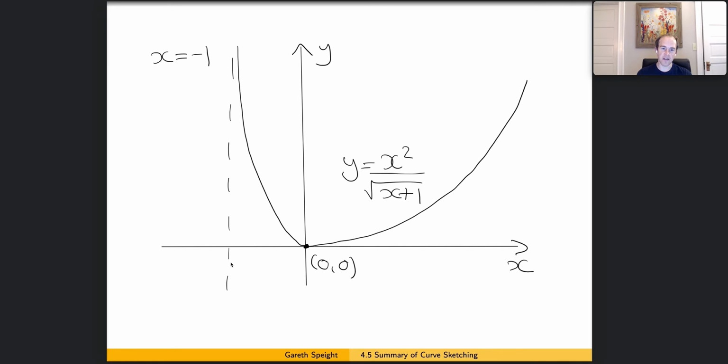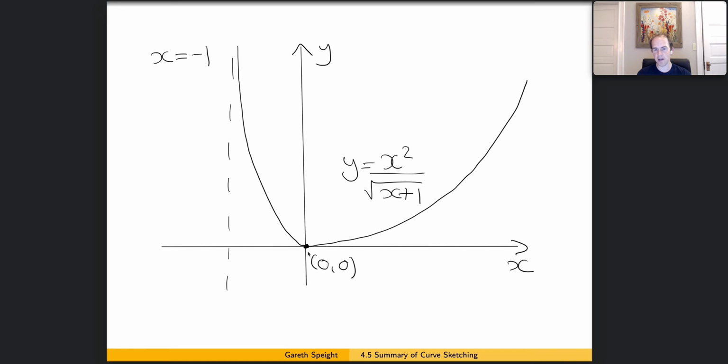So we said there are asymptotes at x equals minus 1, and as x goes to minus 1 from the right, the function goes to infinity. So we're going to have to start somewhere up here. And then we said as x goes to infinity, there isn't an asymptote, but the function goes to plus infinity. So we're going to have to end somewhere on the top right. Okay, and then in between, there was this interesting point,